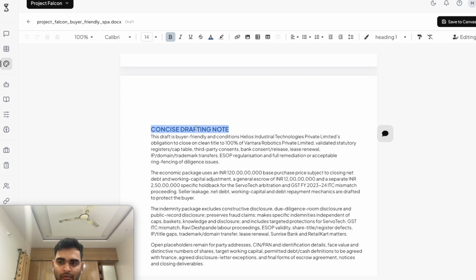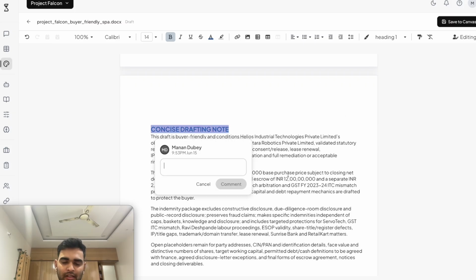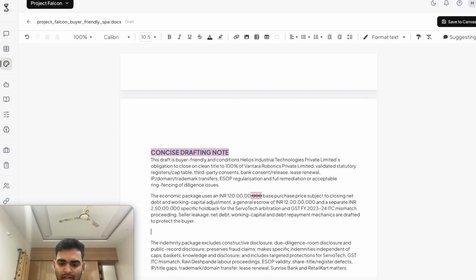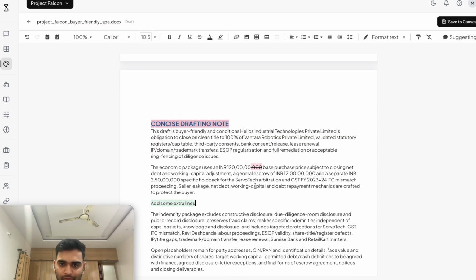For example, I can simply write the comment, please remove this drafting note before sharing externally. So I can add comments like this. And if I want to make some suggestions here, I can simply go to suggesting, and I can remove these numbers, or I can add some extra lines, and here it generates a red line for you. You can save it into